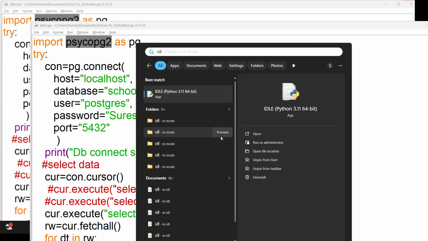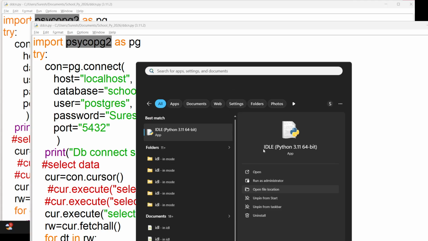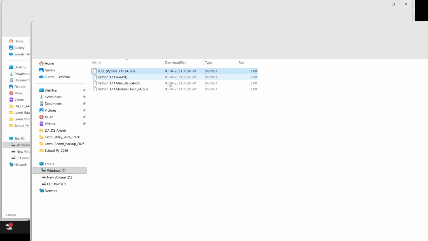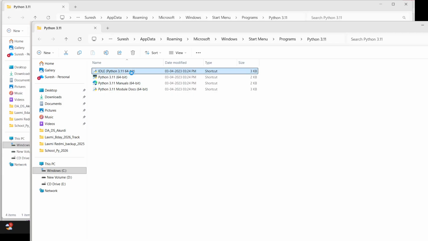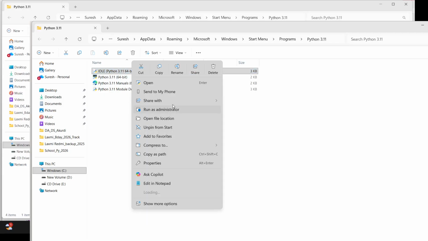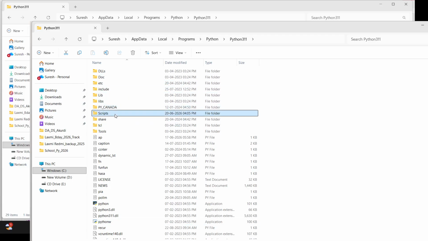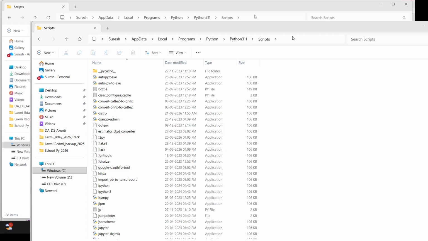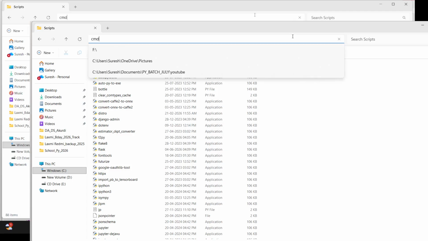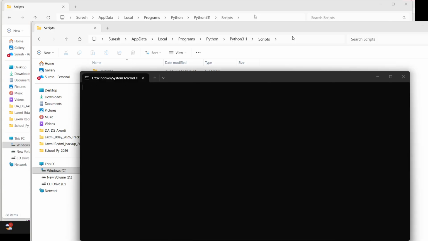Open the IDLE, then go to the file location, and again here you can right click and go to the file location. Then there is a Scripts folder, and there you can open the command prompt. So you can reach the root path, and then pip install module name.